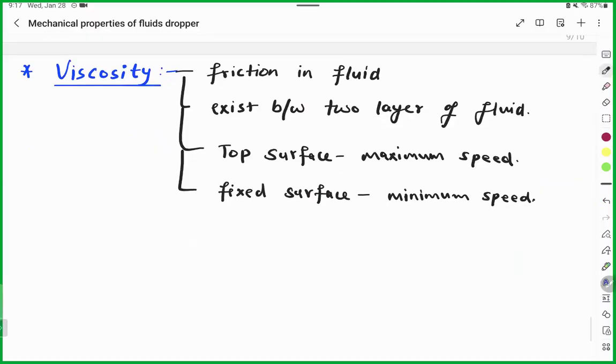So guys, have you seen in the case of a canal, when water is moving, near the boundary you will see the fluid look almost static, but at the middle of the canal it will